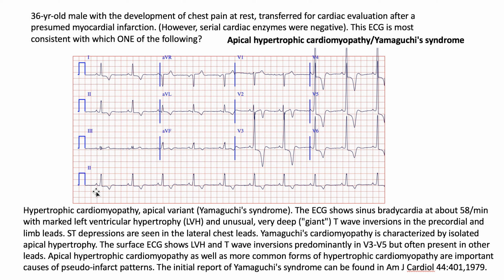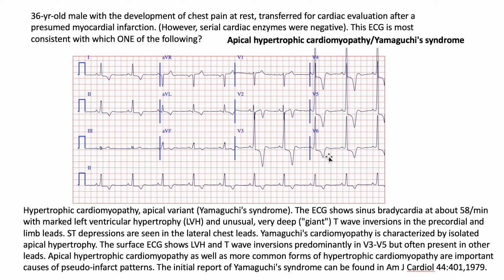This ECG shows sinus bradycardia at a rate of about 58 beats per minute. We see that there is marked left ventricular hypertrophy and unusual, very deep, giant T-wave inversions in the precordial and the limb leads. We see ST depressions here in the lateral leads, and Yamaguchi's cardiomyopathy is characterized by isolated apical